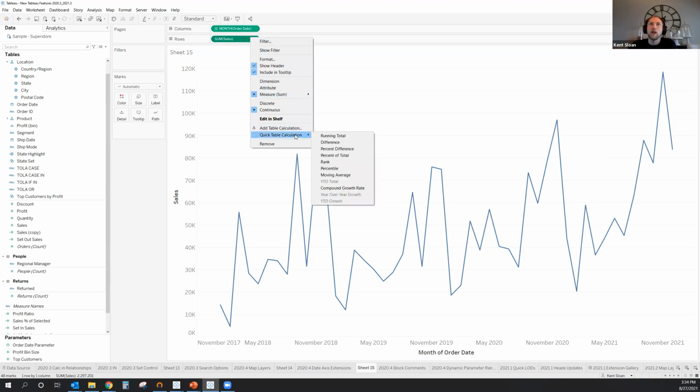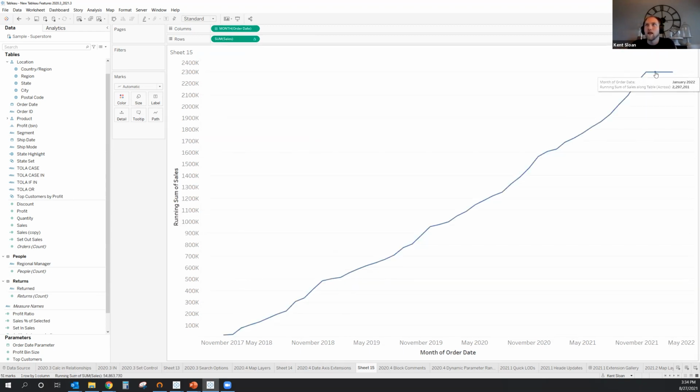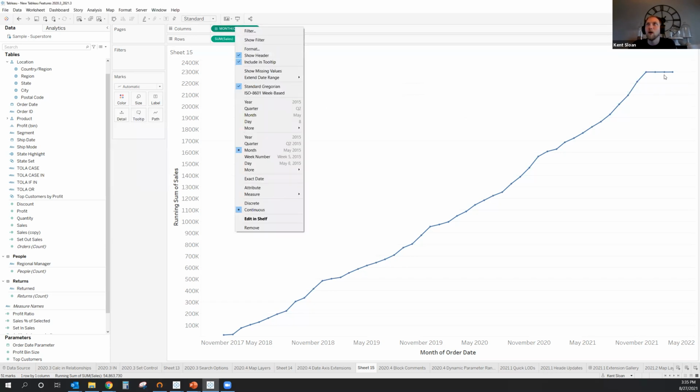The most common way we could do that would be something like a running total, because if I just keep going, the total is still a valid calculation. It just doesn't go up anymore. So what that does now is just add this plateau. So I have 1, 2, 3 extra points. I'll call those out so you can see them. I have these 3 extra dots added here for the 3 extra months that I added in, where it's just flat. So I can show it into the future a little bit.